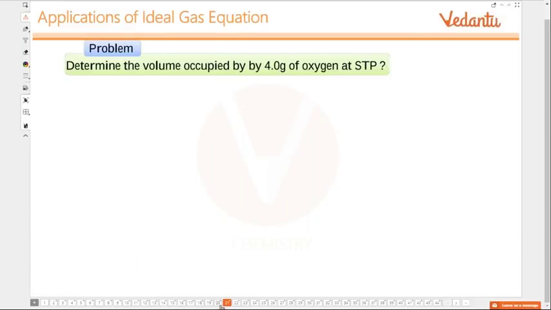Determine the volume occupied by 4 gram of oxygen at STP. So it is a simple one because we know the volume at STP, that is 22.4 liters, is occupied by 32 gram of oxygen, correct? 32 is the molar mass of oxygen. Therefore, 4 gram would occupy